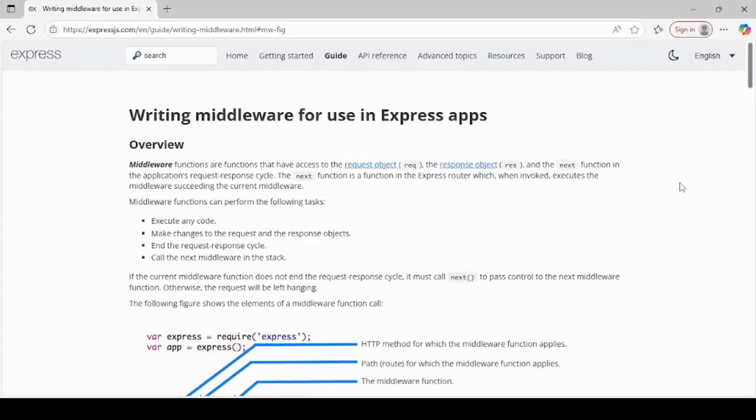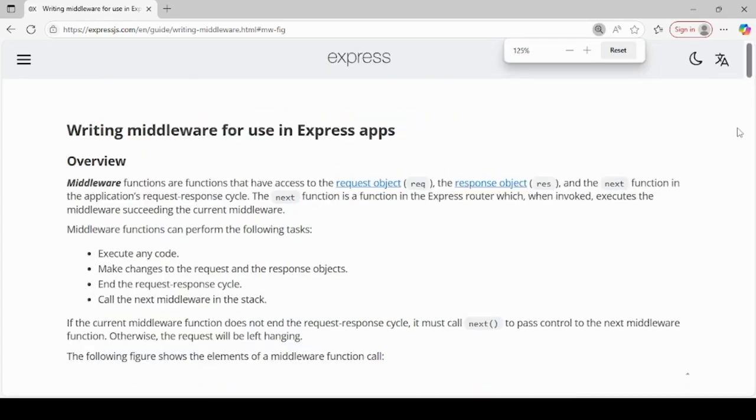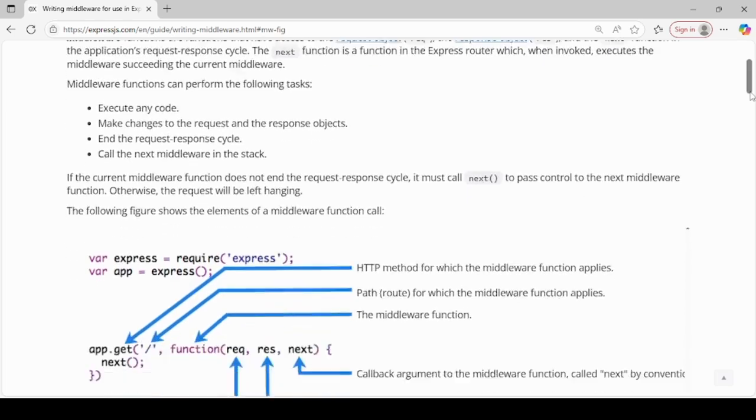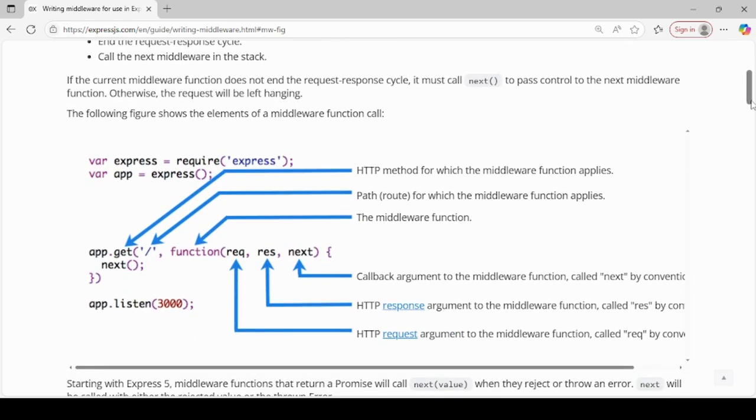You can also follow the official documentation regarding middlewares from expressjs.com. So you will find the overview along with what functions a middleware can perform. So you can see here how certain elements of a middleware work.